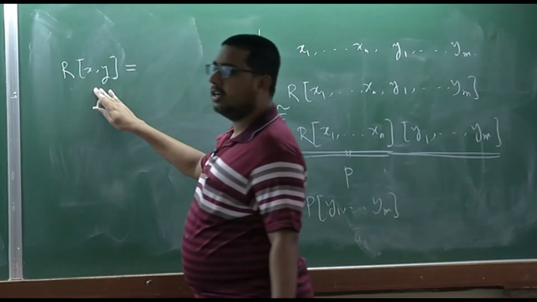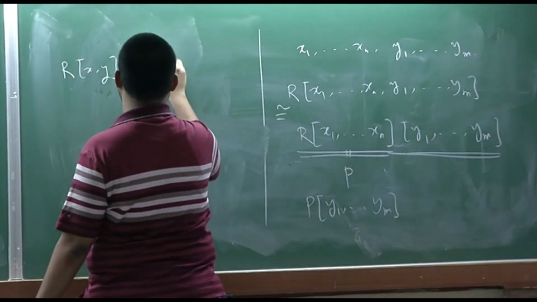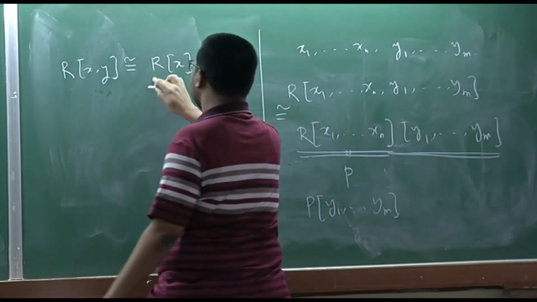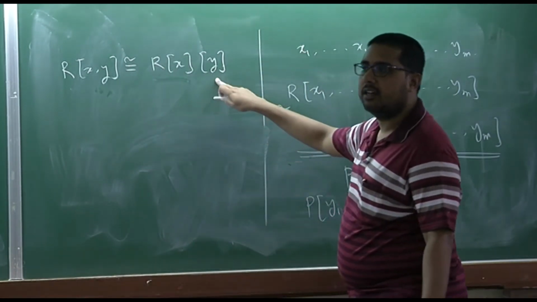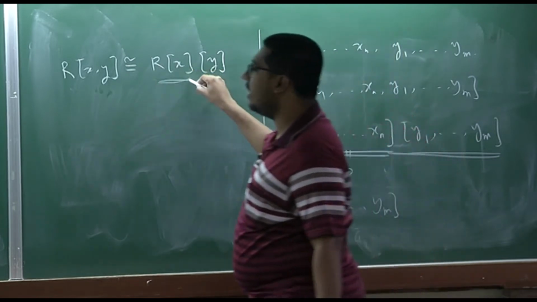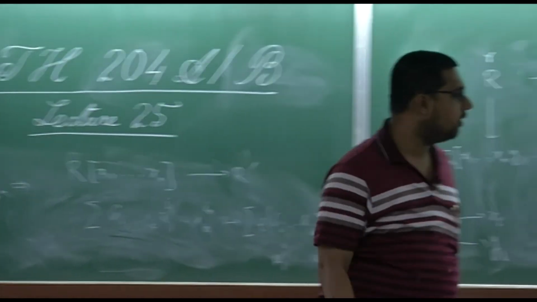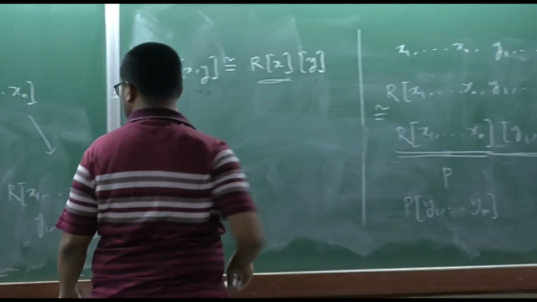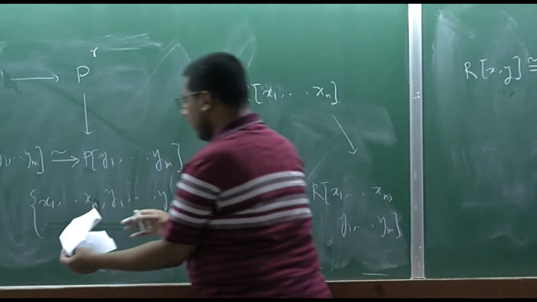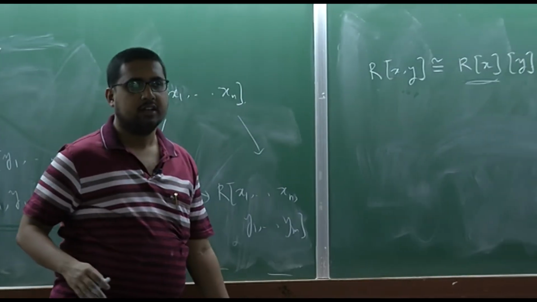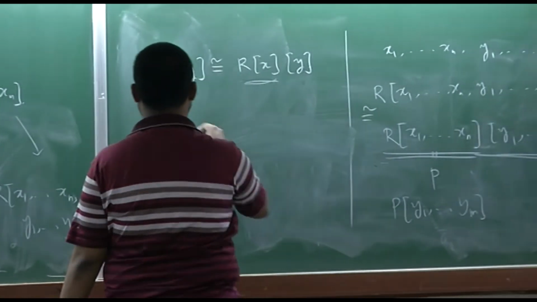The polynomial ring in two variables is exactly the same as first considering this ring, the one variable polynomial ring, and then taking another one variable polynomial ring over it. And what is this isomorphism? If we specialize to this situation, for simplicity, we see that given any